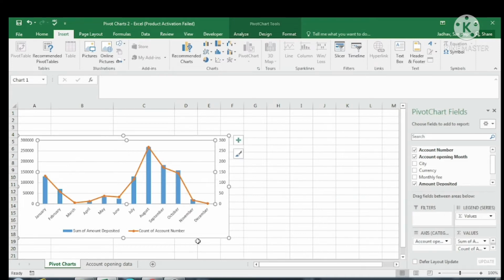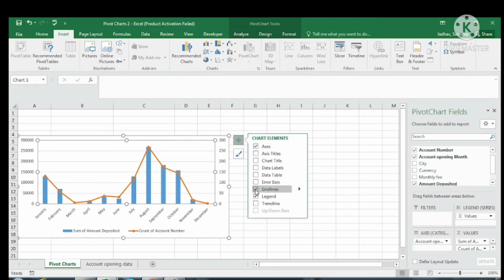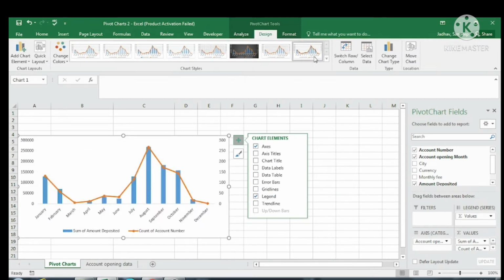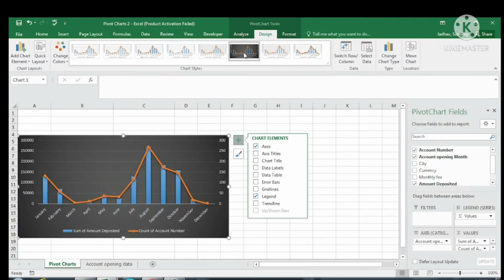If I want to change, say I do not want a grid line. So if you see here, this is just formatting, so I do not want a grid line. So I will untick that. Grid lines have gone. If I want to change the design of this chart, I want to make it beautiful. So I will go here into design. I will check the graph design which I want to take from here. I will take this, it looks good for me.